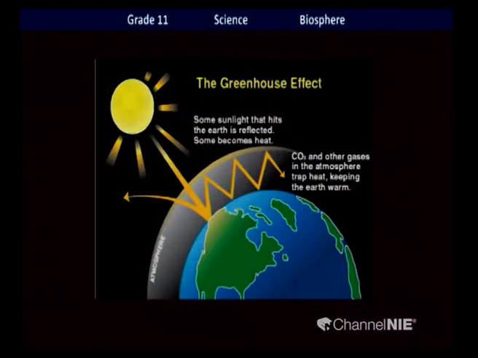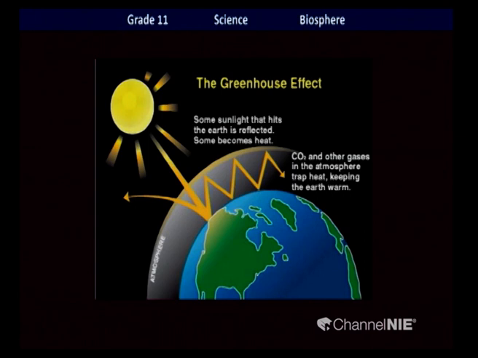Number 2, second direct effect of environmental pollution, greenhouse effect. So let's see what is greenhouse effect. You are familiar with global warming and greenhouse effect, but they are not the same. Actually, the greenhouse effect is a useful process which helps to keep the temperature of the earth suitable for living organisms. But enhanced greenhouse effect is known as global warming.